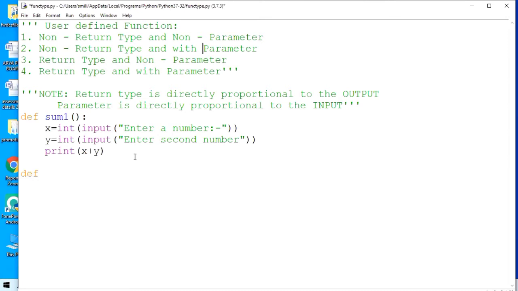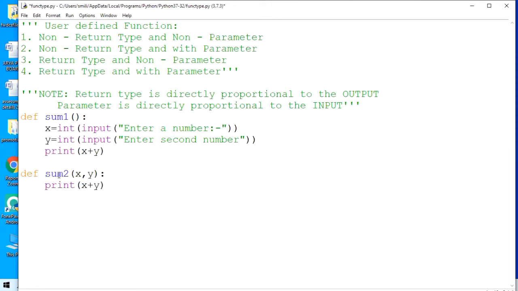So it will be sum2. But in this, I would like to provide some values so that those values will be added. In the body of the function, we just need to add those values because the values have already been given to the function.